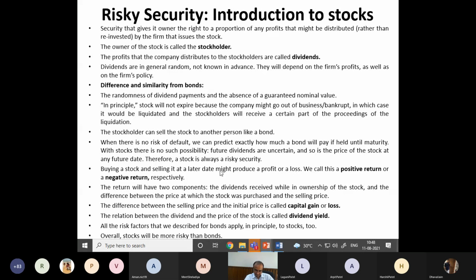It can have a positive return. It can have a negative return, right? Also, there are two kinds of things that we have to consider in considering the stocks compared to the bonds. That is the capital gain or loss. So here we have to consider two things, either gain or loss. And also, in the case of the bond, we take the yield to maturity, which depends on the coupon rate. Here we have to consider the dividend yield. So that also we take into consideration in calculation when we model the stocks, right? So all risk factors that we apply to bonds also apply to stocks, but there are some more risks associated with it, and that's why it is a risky asset.